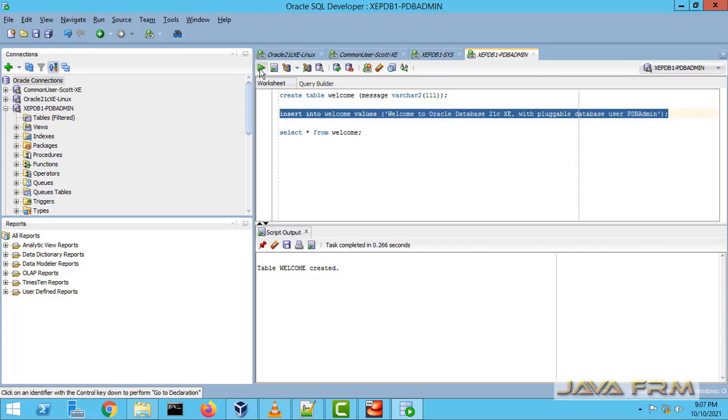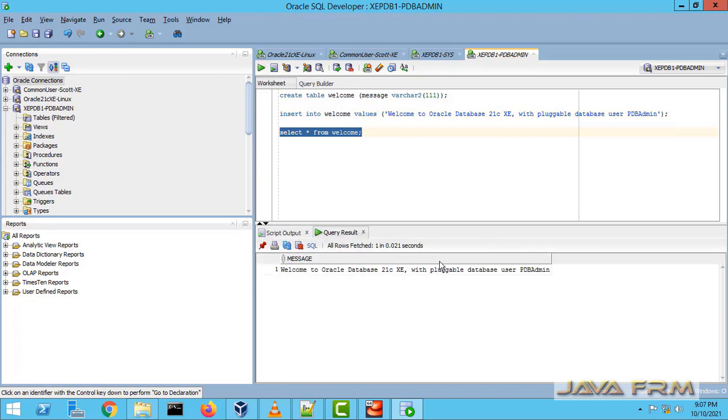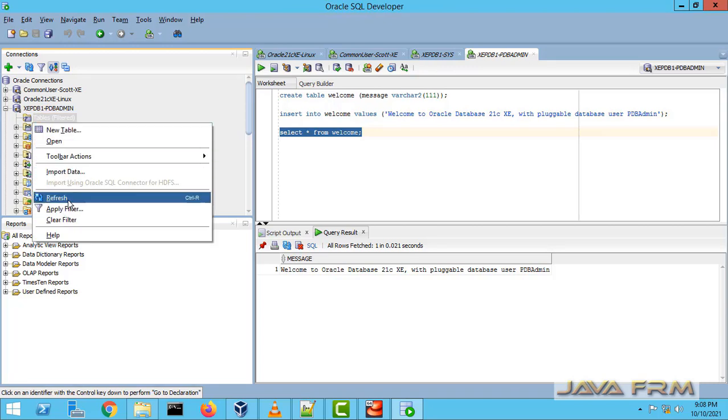Not only pdbadmin, an external user can also access this pluggable database. Yes, so I can create, insert and select records from the pluggable database as pdbadmin. Okay, so everything is fine now.